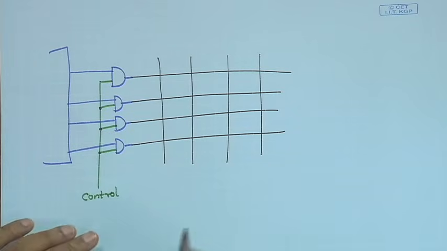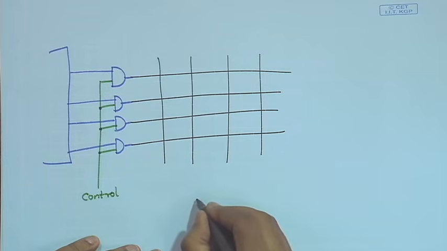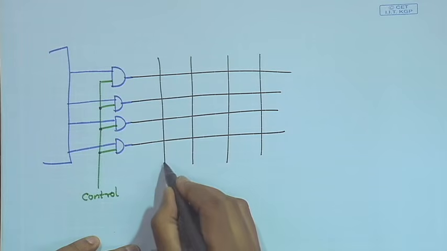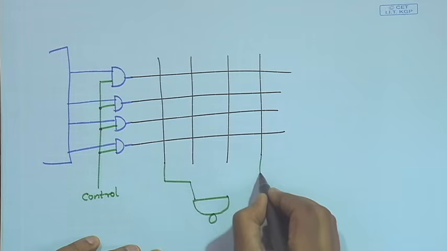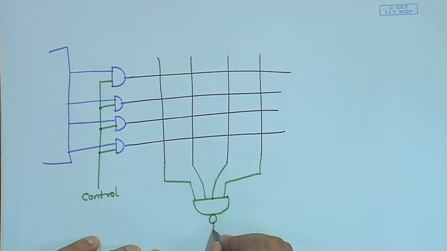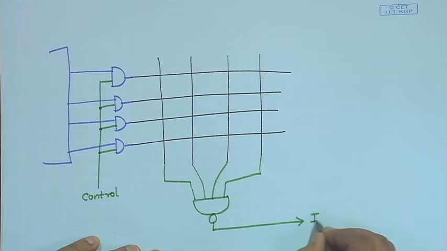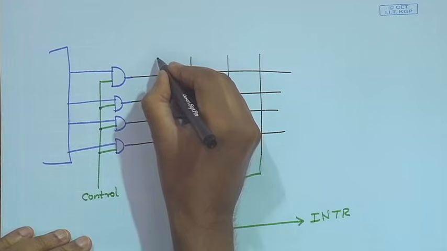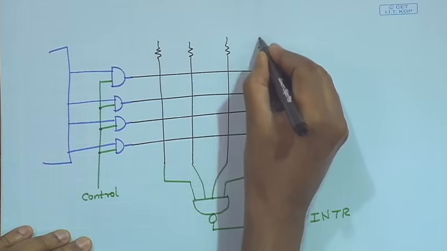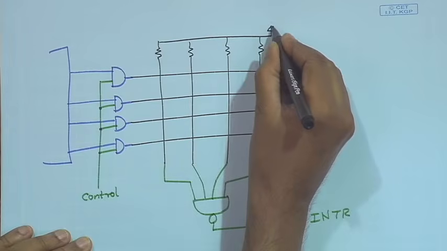Okay. So, this is one change you do, and the other change I am suggesting is that you use a NAND gate and connect the columns to the NAND, and the output of this NAND you connect to the interrupt input of the processor. Just think what happens here. Here you recall these are all pulled up to positive voltage.